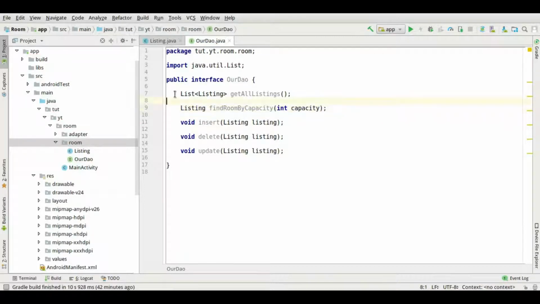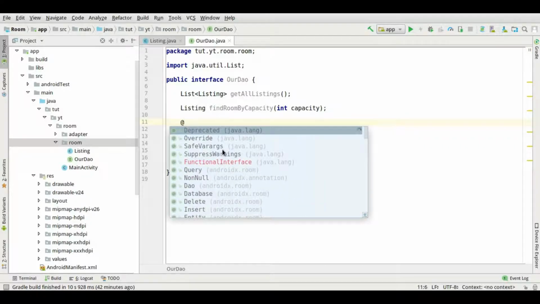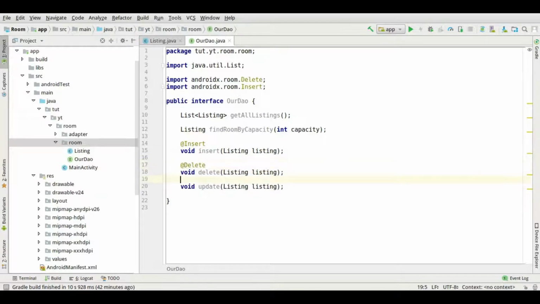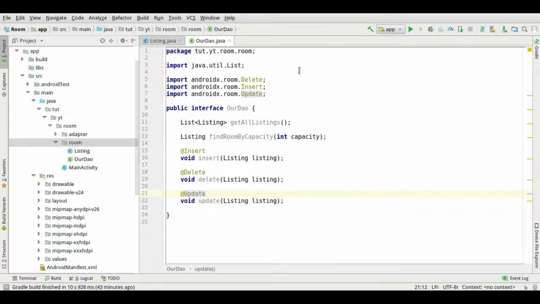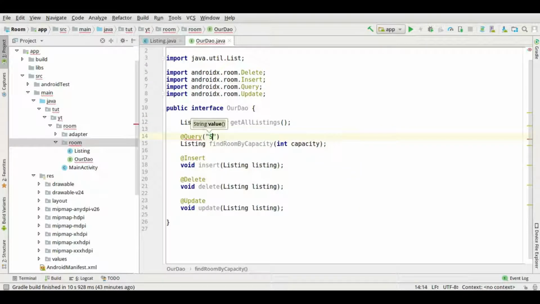So that's it. Then we need to annotate these methods in order for the Room database to identify what these methods will do. I will start with the three basic operations. First, the insert is very simple. We annotate it with @Insert, and then delete, also do the same thing. And for the update, very simple, right? Then for these two methods, we need to do a query, and I want to select all from